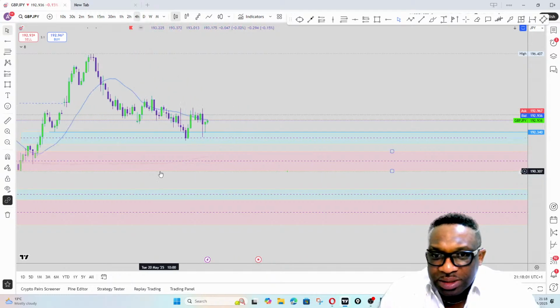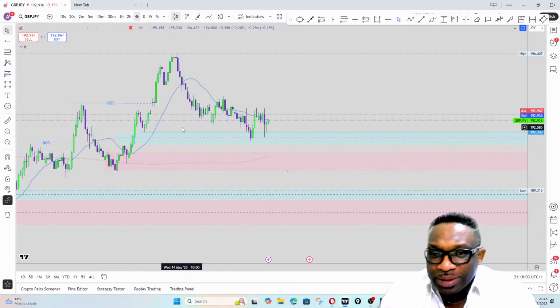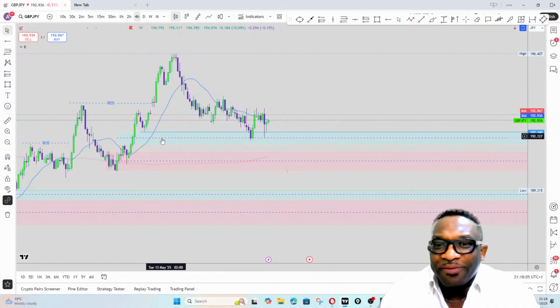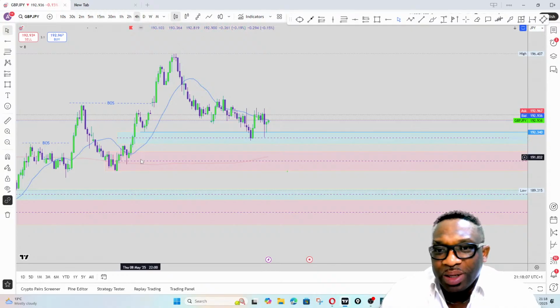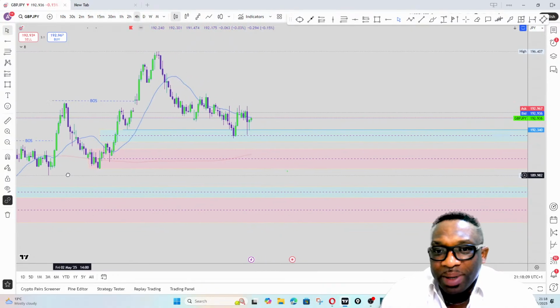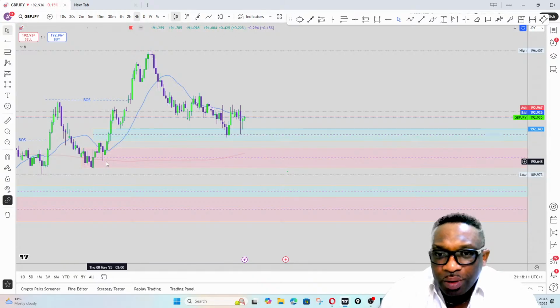The demand area is the last area before the impulse move, that's where you mark it out. On here, the last point before the impulse move was here,